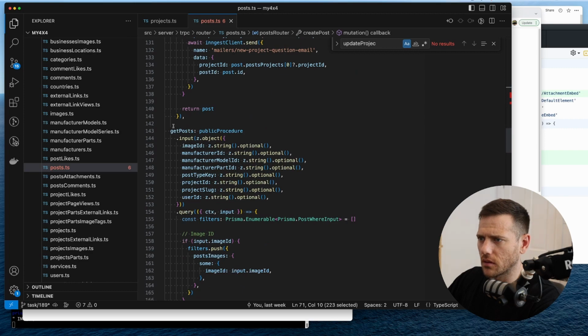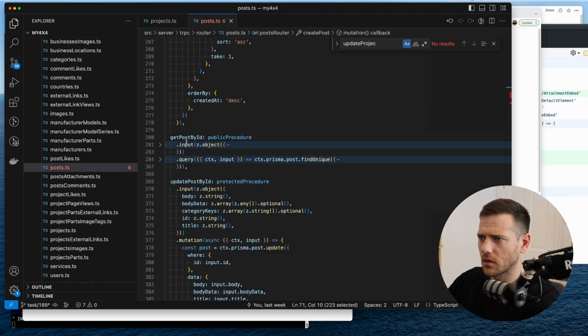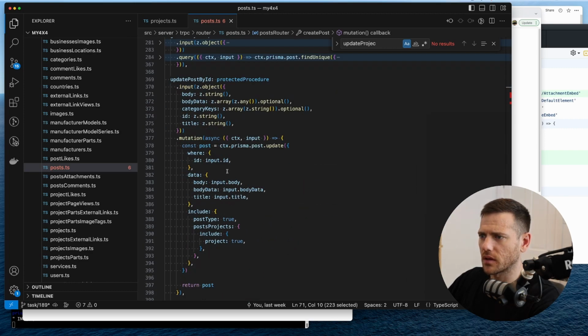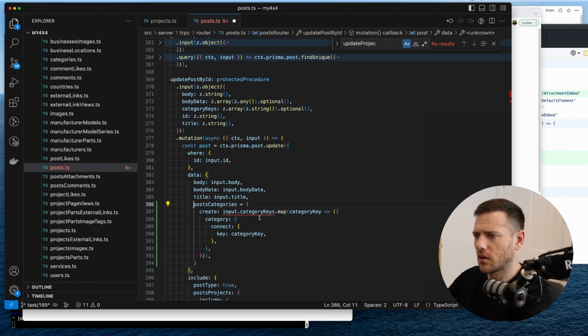So if we do get posts, update post by ID, here we go. So this now turns into a transaction, but what we want to do here is post categories